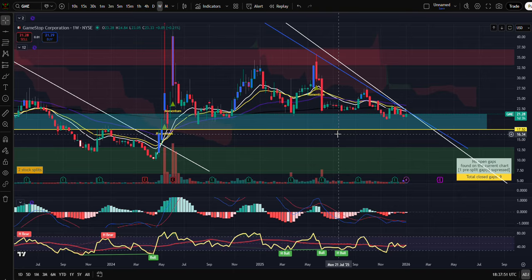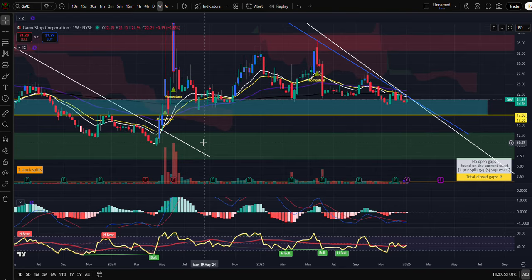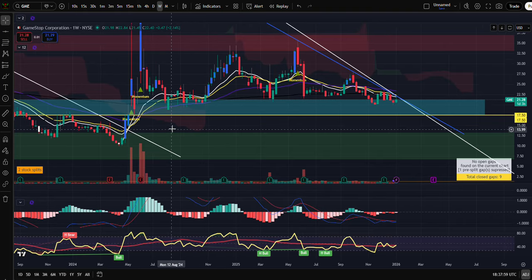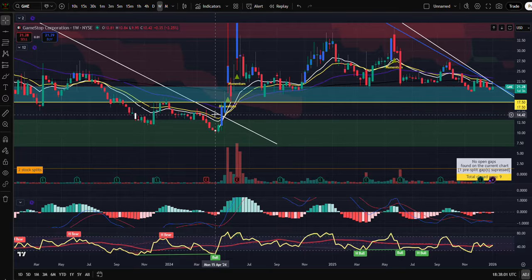But one thing that I've noticed also, guys, is that GameStop happens to react. Again, I'm not a conspiracy theorist or anything like that. But GameStop just happens to squeeze as soon as it comes into the bullish liquidity zone around May times every two years. So we can see that once the triangle pattern ended in 2024,